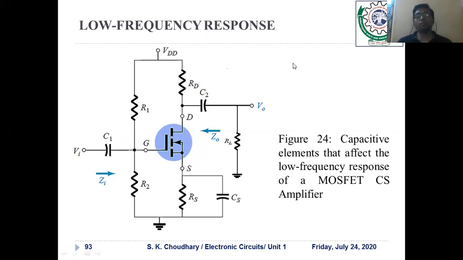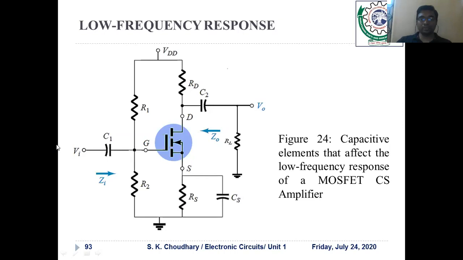In the last lecture, in the subject of electronic circuits, we have learned some basics of frequency response of any amplifier, as well as we have solved one numerical that is based on the common source amplifier with source resistor. Now, today we have to continue the topic of the frequency response.